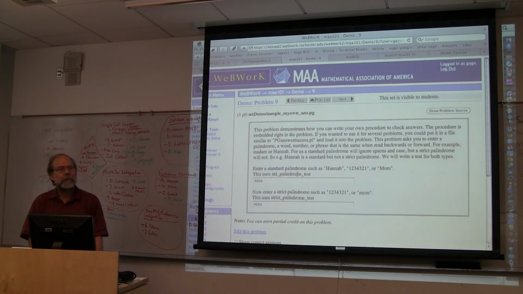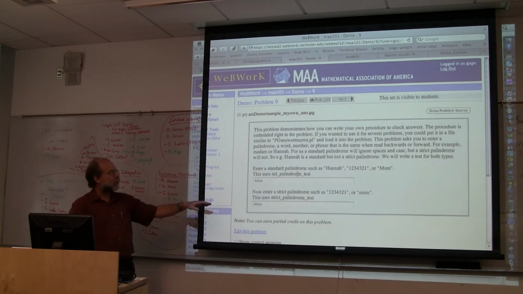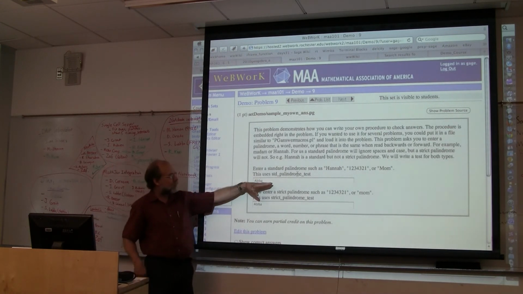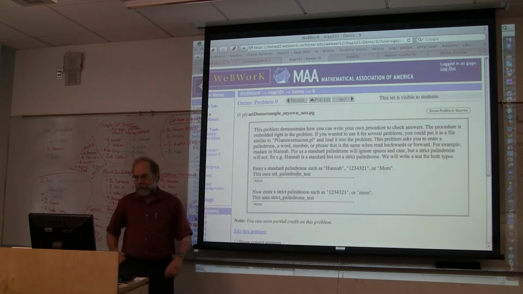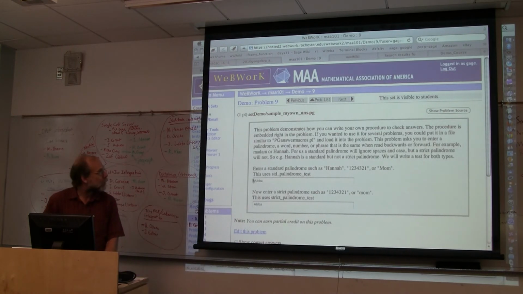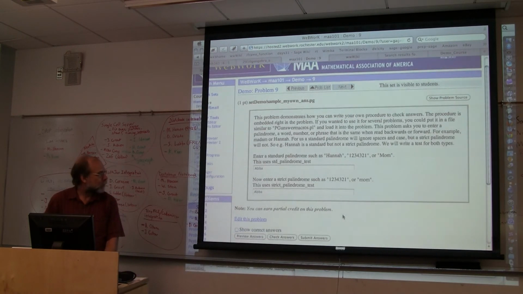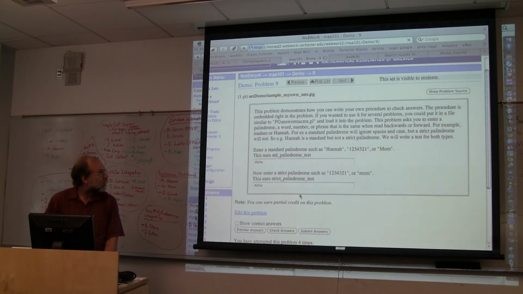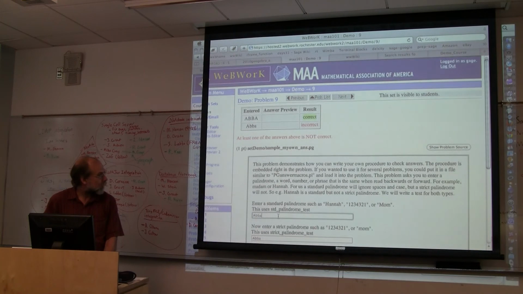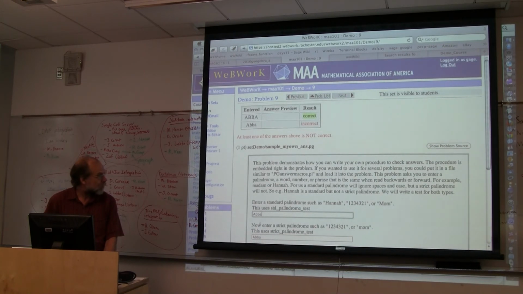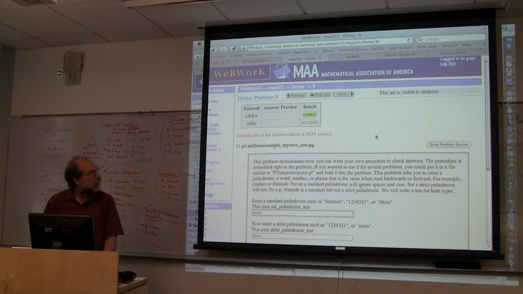So this demonstrates in spades the fact that no standard program is going to have checks for palindromes. So all I did was to write a little check for a palindrome that gets put in. So you know, enter a palindrome, and it likes that one. It doesn't like this one because of the capitalization. This one didn't care about capitalization. This one did care about capitalization.